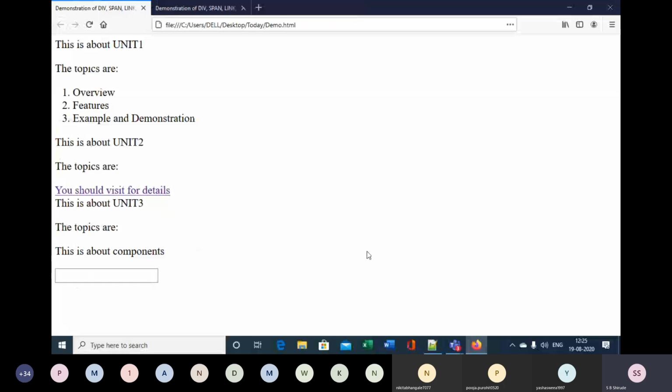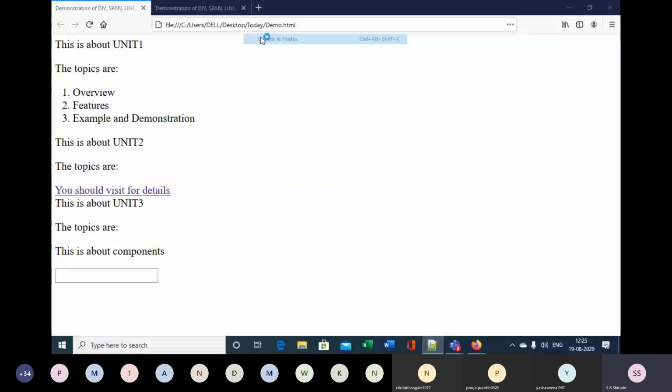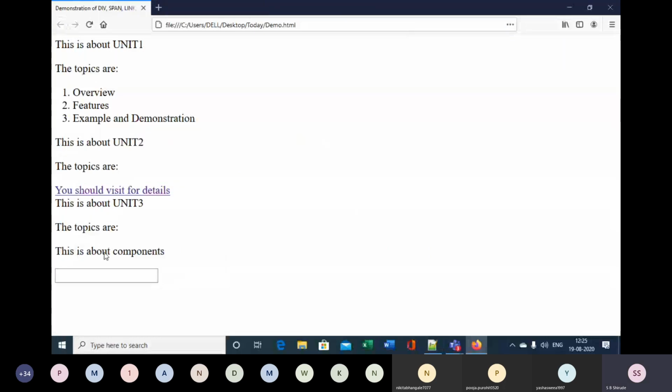Now you can find out this way. Suppose I change the name of the image to c1.jpg, so that c1.jpg is not over there, and I launch it in the web browser. So, "This is about components." Can you see this as the alternate text? Since the image is not able to render, I am getting the alternate text.